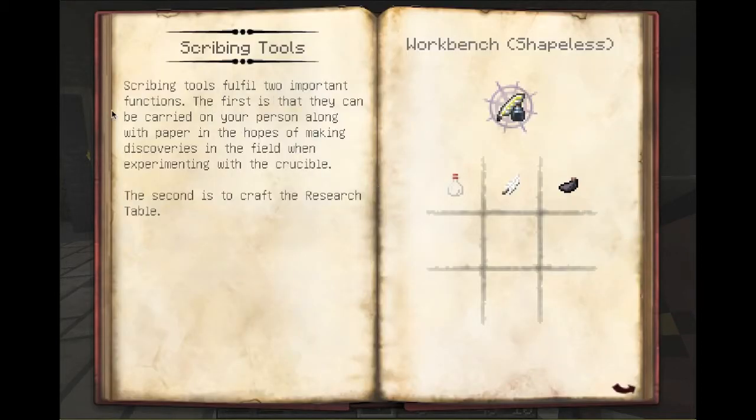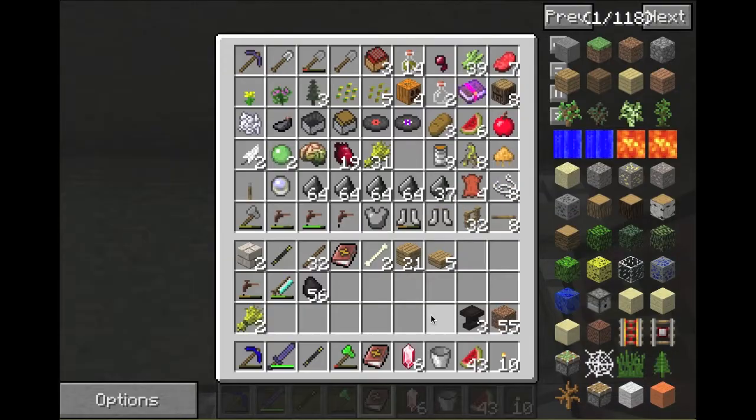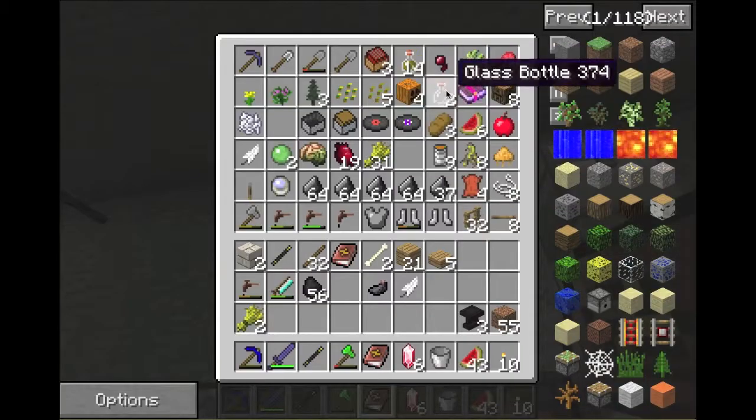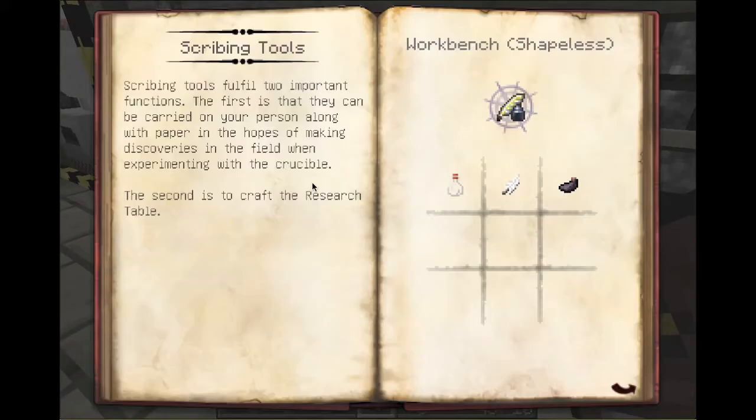The scribing tool fulfills 2 important functions. The first is that they can be carried on your person along with paper in the hopes of making discoveries in the field when experimenting with the crucible. The second is to craft the research table. So we need a glass bottle, a feather, and an ink sac. I don't have an ink sac, I don't believe. Right now, I do, right there. And I have a feather. And a bottle. Sweet. I believe you can make it right in